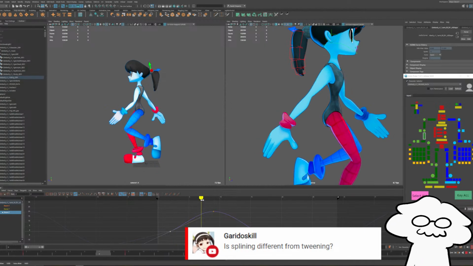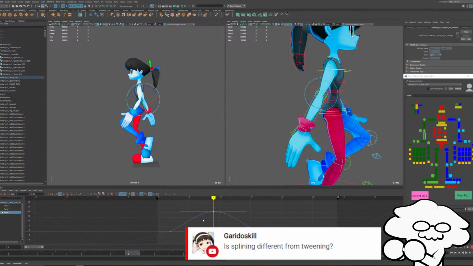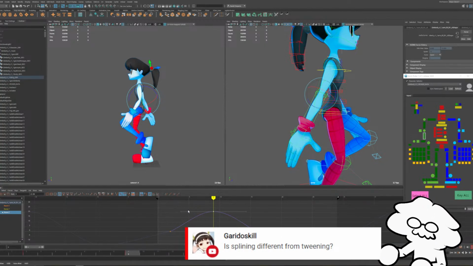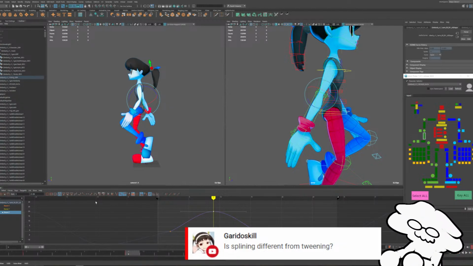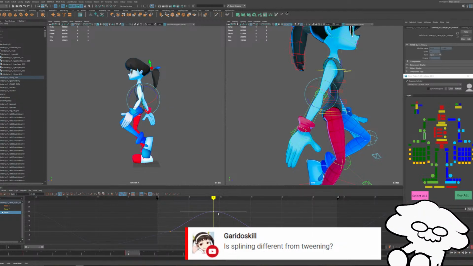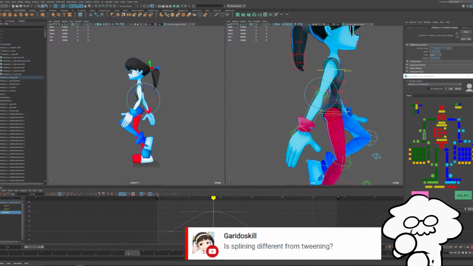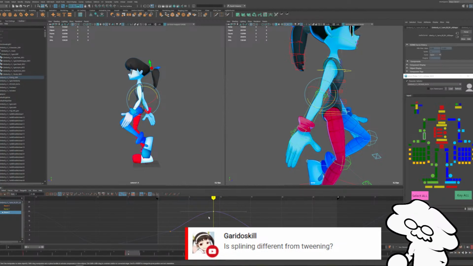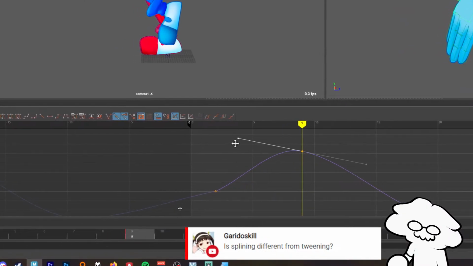Whereas splining is a way to describe the curve between those keys, or a way to describe tweening. Right now the curve is set to auto, where it'll try to find the best way to rotate those keys and adjust this control.